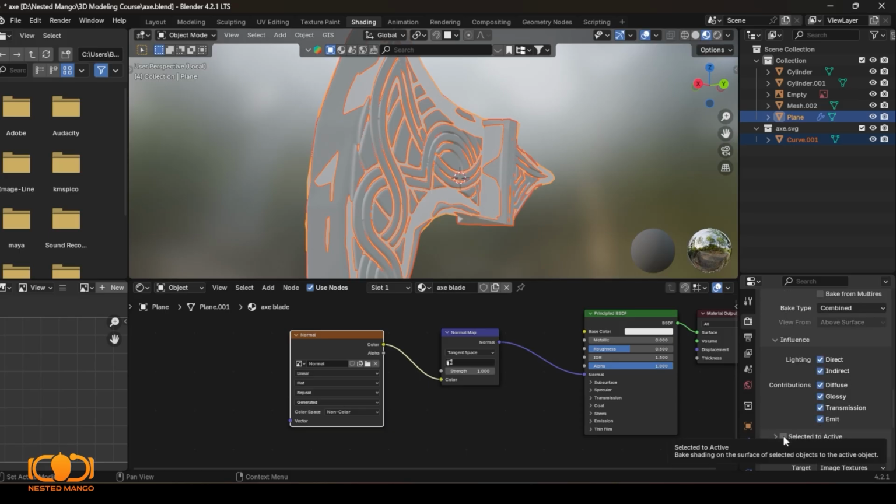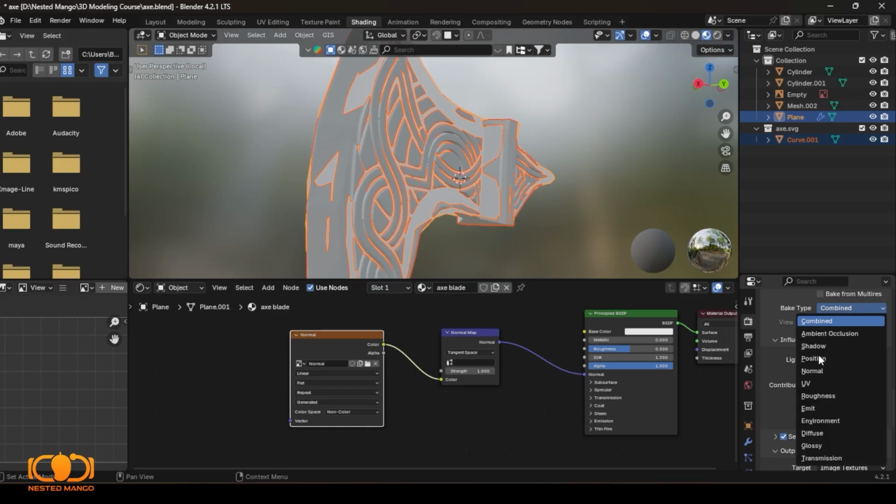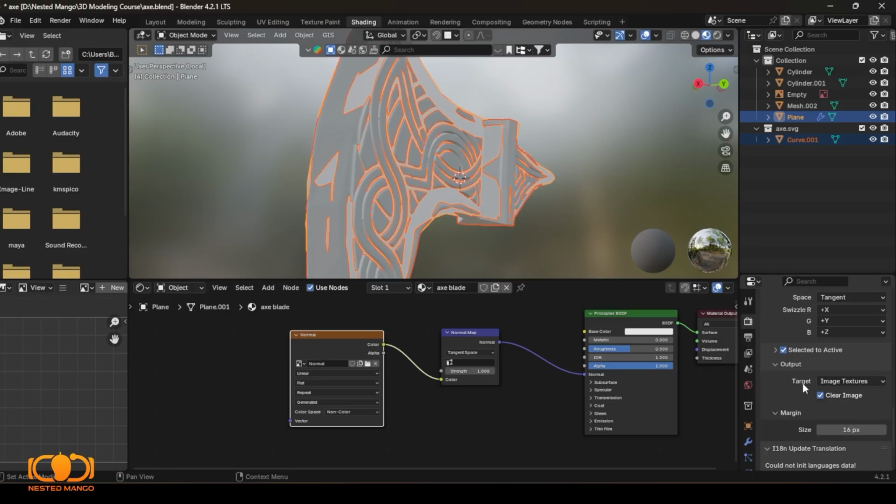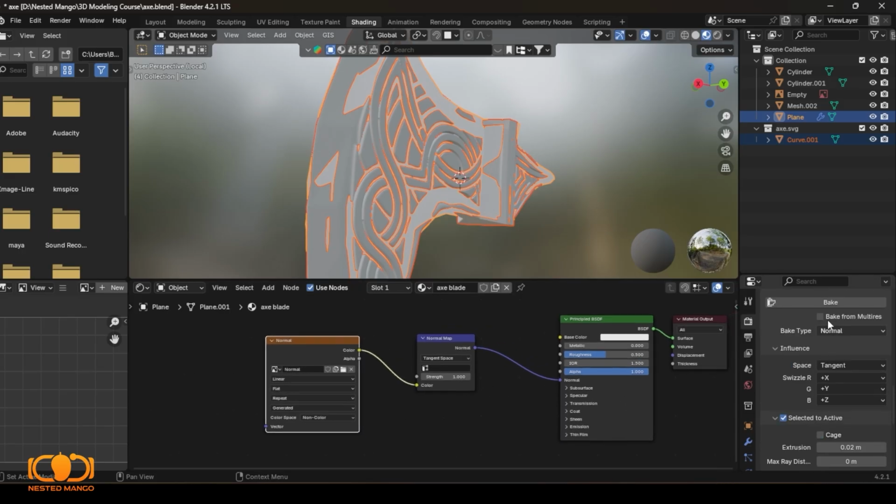and make a select to active. Here set the normal, and extrusion should be 0.02. Good for me. Okay. Now